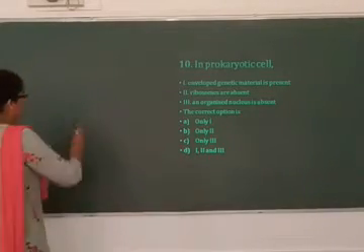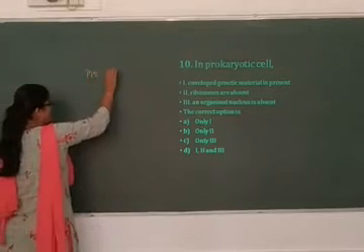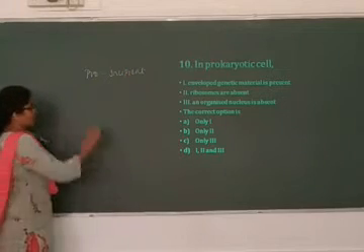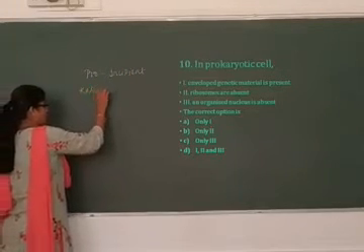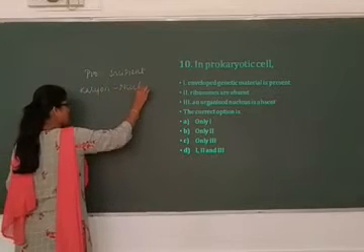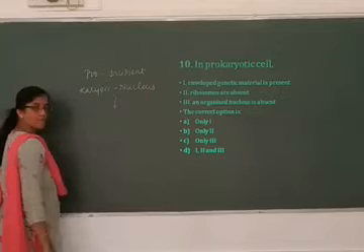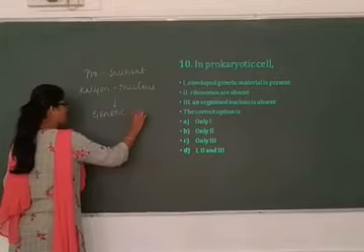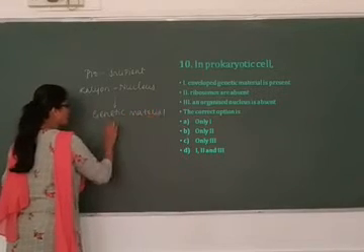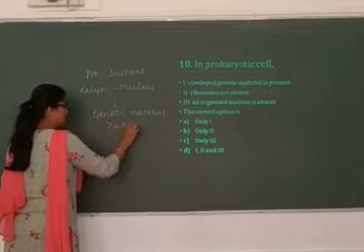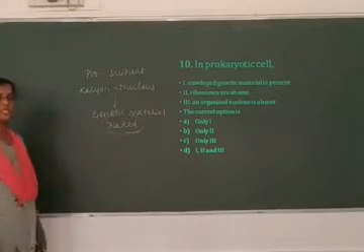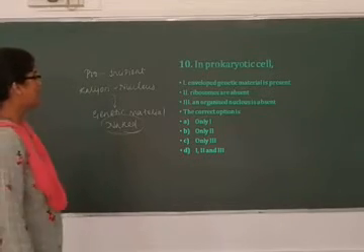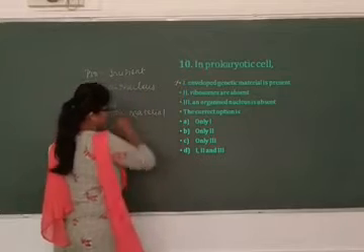They are called prokaryotes. Pro means incipient. Incipient means not well developed. Karyon means nucleus. So, in all prokaryotes, the genetic material is naked in nature. The genetic material is not bound by any membrane. It is naked in nature. So, the first statement is a wrong statement.